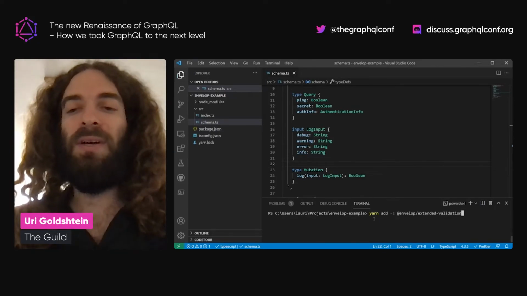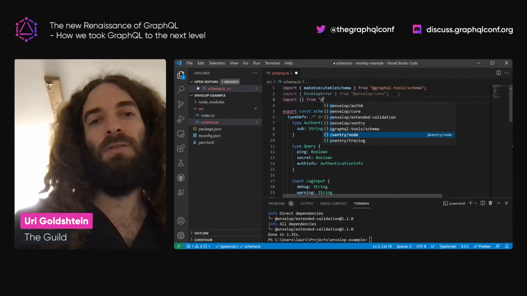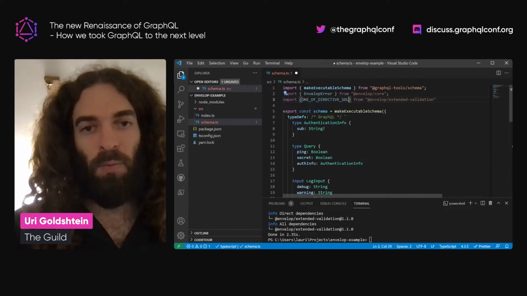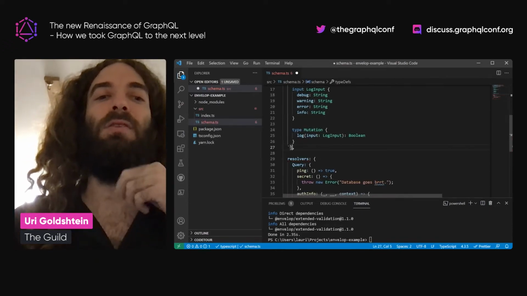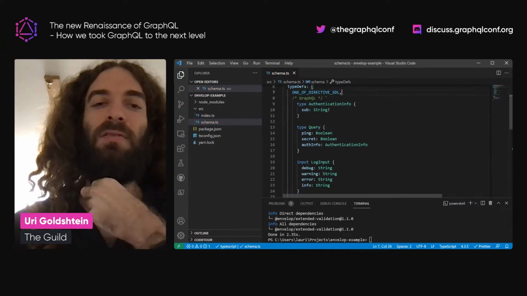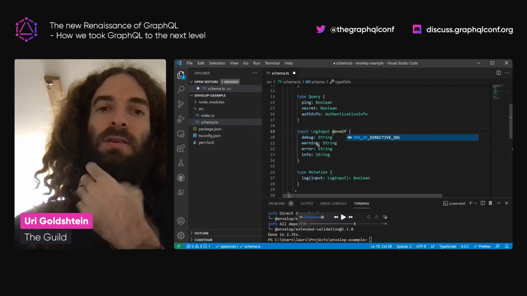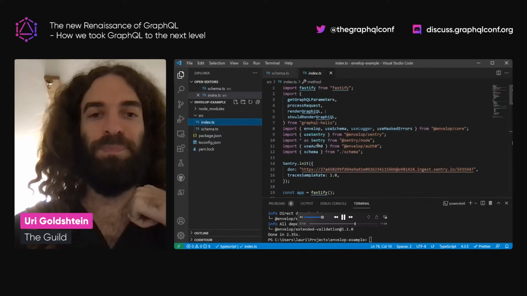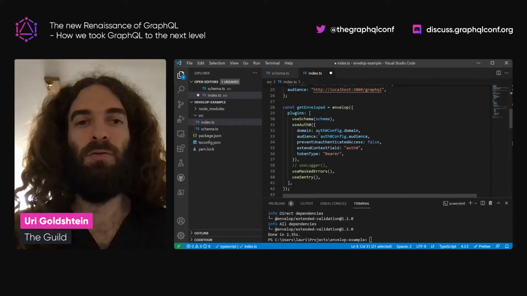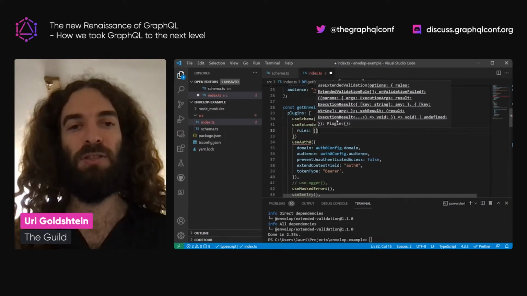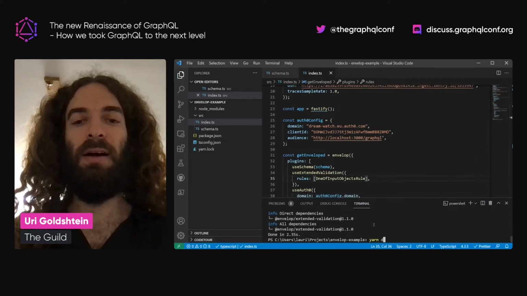So we add Envelope extended validations because we can add many different validations. But out of that, we're actually going to use a specific validation, which is the one-off directive. You can see here, we're going to add the one-off directives into our SDL, so GraphQL would understand what that directive is. And then we're just going to do this one-off over this thing. And now, we're going to add this validation also to Envelope. So we are going to use the extend validations plugin, and we're going to choose the rules. There's many rules, but again, for now, we're just using the one-off. And we're going to run.